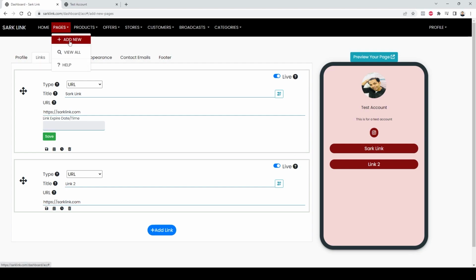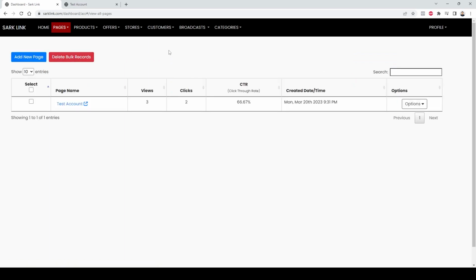And then let's go back here under view all, and now this will give you a summary version of all your stats for your views, how many people clicked on it. And if you go under the options tab, we have edit, we have stats, and then you can also, which is a really neat feature,